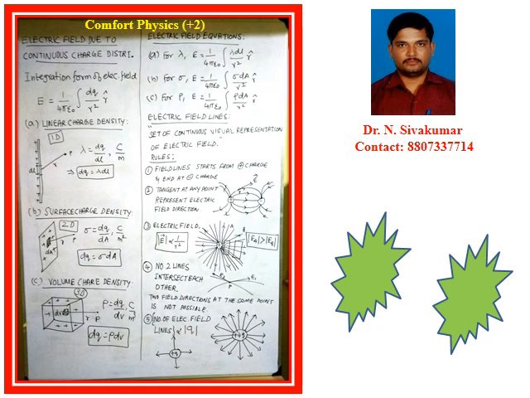Then 2D surface charge distribution. Let us consider a plate over which we have distributed some amount of positive charge, and we are selecting a particular area dA, and we are considering a point P at a distance r from the surface dA. Here sigma is called surface charge density. This surface charge density is defined as charge per unit area. Its unit is coulomb per meter square. Therefore here dq is equal to sigma into dA.